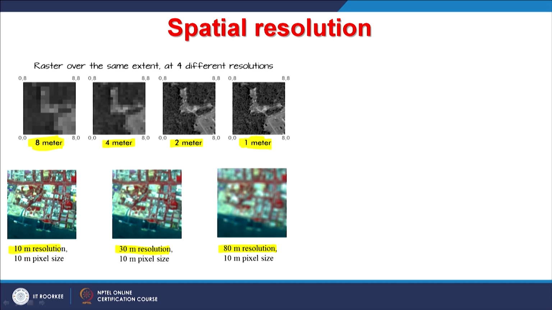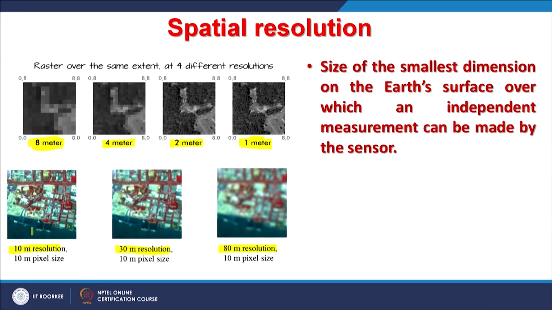The top example is in black and white or in gray, and the bottom example is in false color composite. So, you can identify very easily. So, higher spatial resolution is always better for certain types of applications, not all types of applications, because the basic